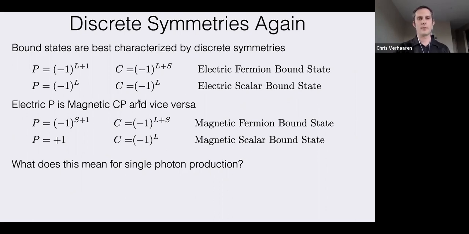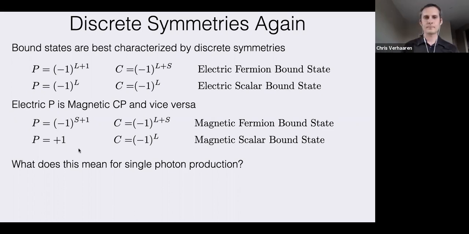Let me remind you of how, for instance, parity and charge conjugation are determined for different bound states of the electric fermions or electric scalars. And we can use our mnemonic that we talked about earlier to discuss what the parity would be for the magnetic cases as well. Of course, charge conjugation is the same, so all the C's will be the same. But the parity for the magnetic case is really like CP for the electric case. As you multiply these together, you just get this result. Similarly for